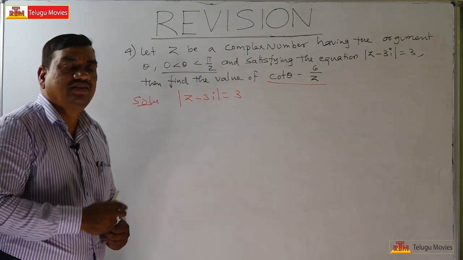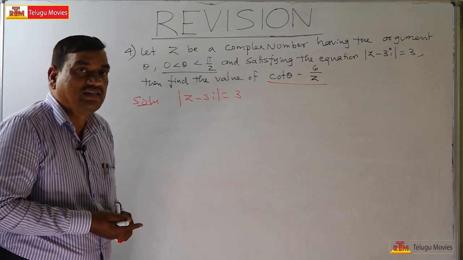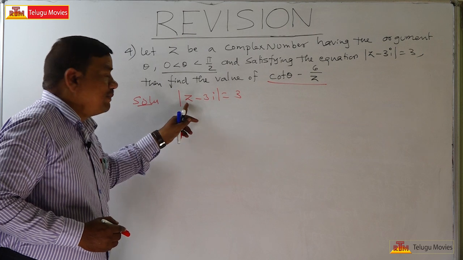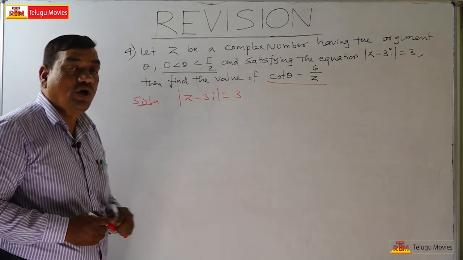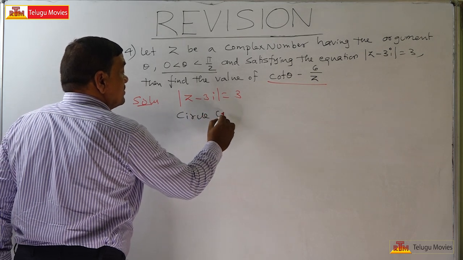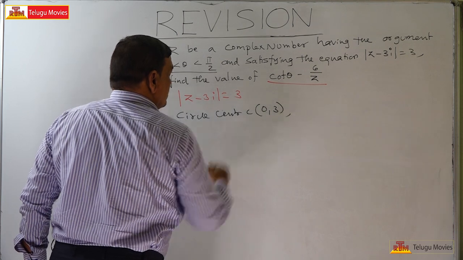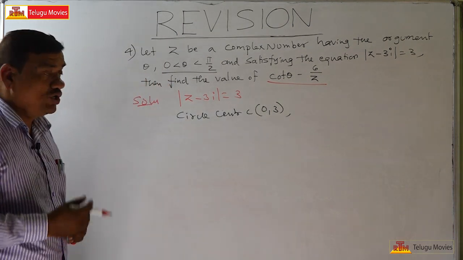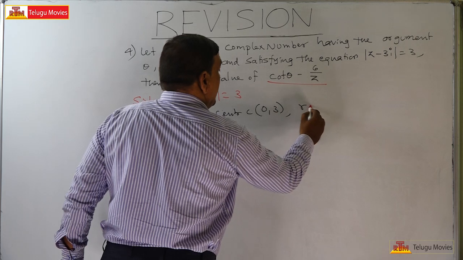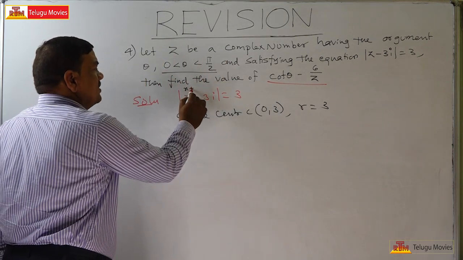So by seeing this, the locus of z, if you take z is equal to x plus iy, and if you substitute, now you will get a circle with the center 0 comma 3 and the radius is equal to 3. So in place of z substitute x plus